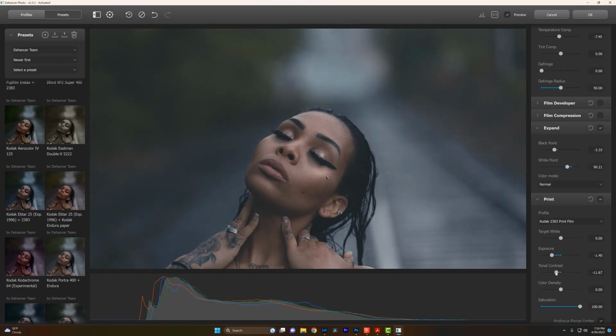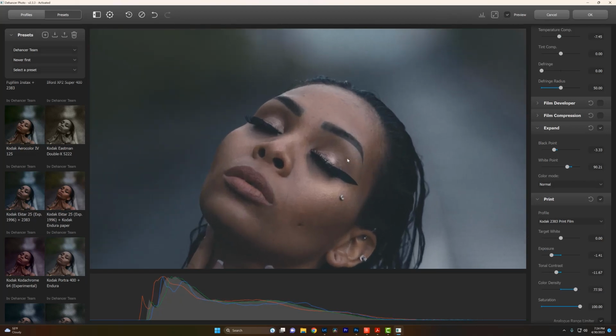Now you can always hit the keyboard shortcut of just Z, and that will undo the last thing you did. I'm watching my histogram a little bit, but